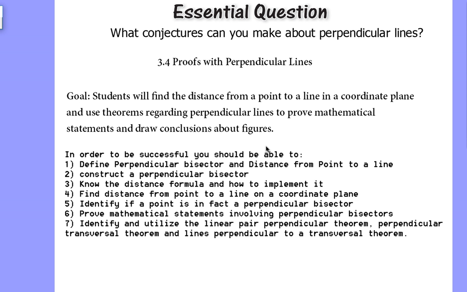All right, ladies and gentlemen, in this video we are continuing, of course, our geometry fun here today. We spent a lot of time talking about parallel lines in the past few videos, in the past few units, and today we're going to be opening up our discussion topic of